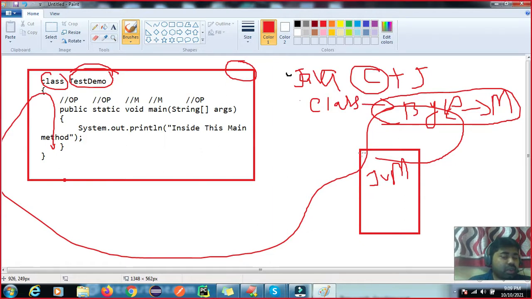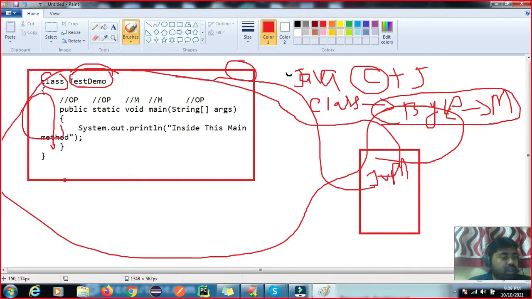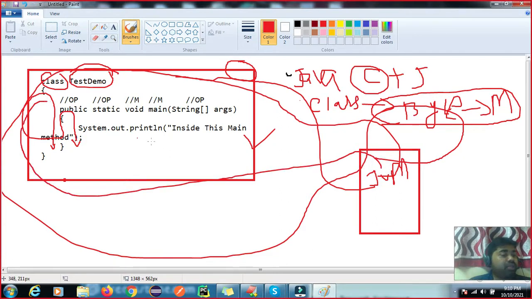What is the job of the main method? It interacts with the JVM and with users. When you execute, the JVM searches for your main method, then control comes inside it and it executes. The main method is an inbuilt method developed by the JVM people, so the JVM automatically calls it. You should not call it.